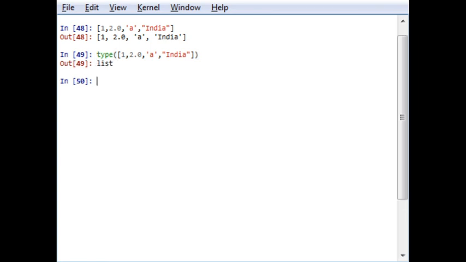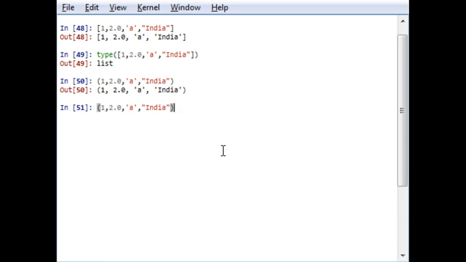The first element in a list in Python code is an integer, which I have written here. The second one is float, the third one is a character, and the fourth one is a string. So you can also add multiple strings. Now when we talk about tuples, tuples are defined using parentheses, meaning round brackets instead of square brackets. For example, in the same example, if I remove the square brackets and now add parentheses, my output will be like this.